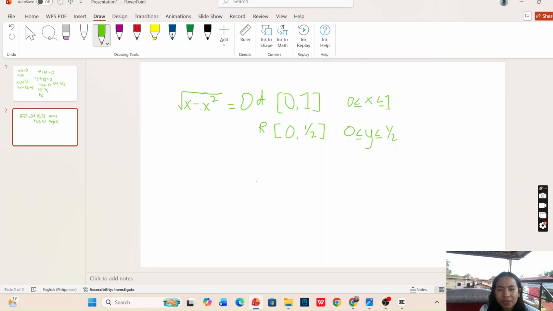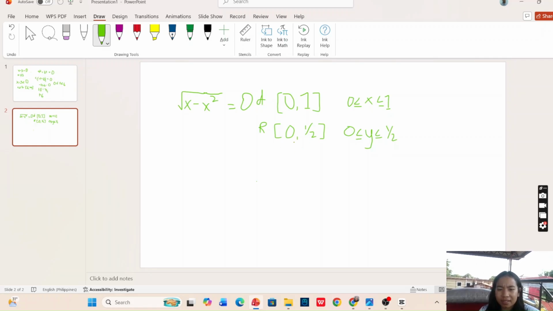So let us try to plug in 1. So 1 minus 1 squared, that is also 0. If we try to go beyond that, that no longer makes this function real because it can now be undefined. So in this case, since we have already obtained that our domain is 0 and 1, or x is greater than or equal to 0 and x is lesser than or equal to 1,